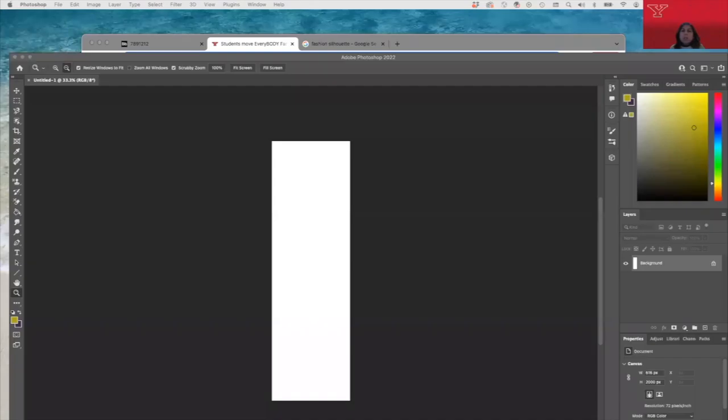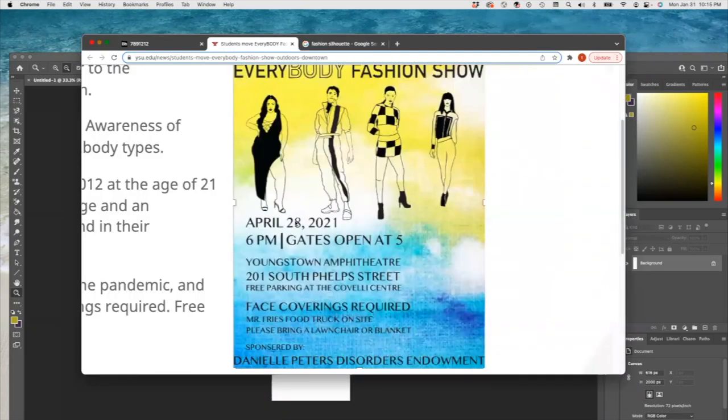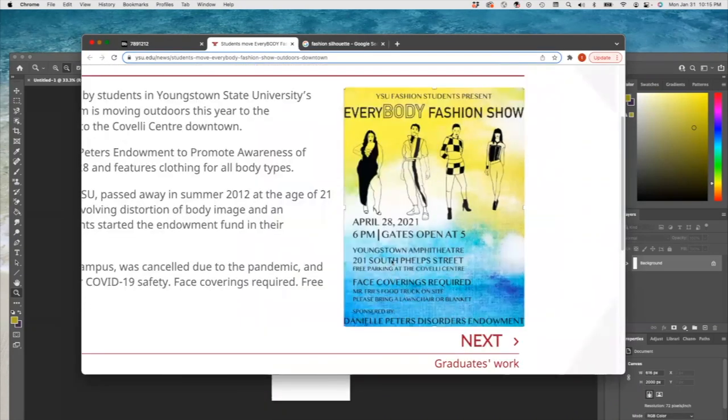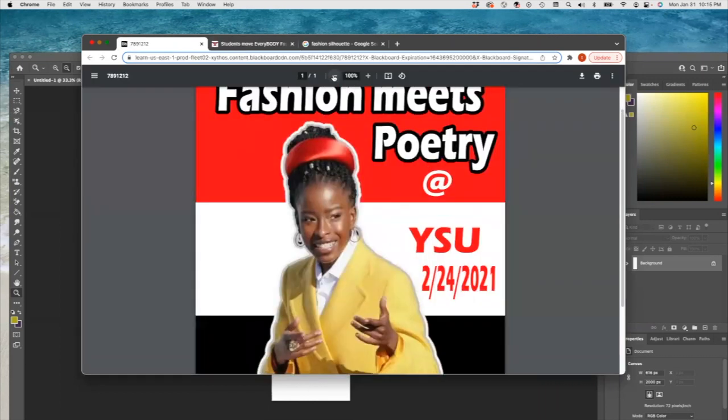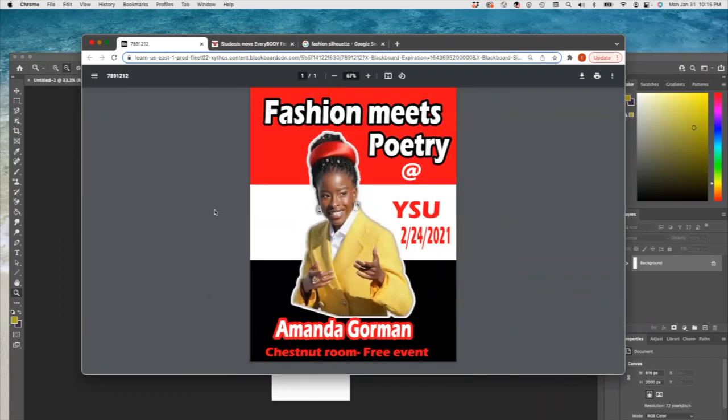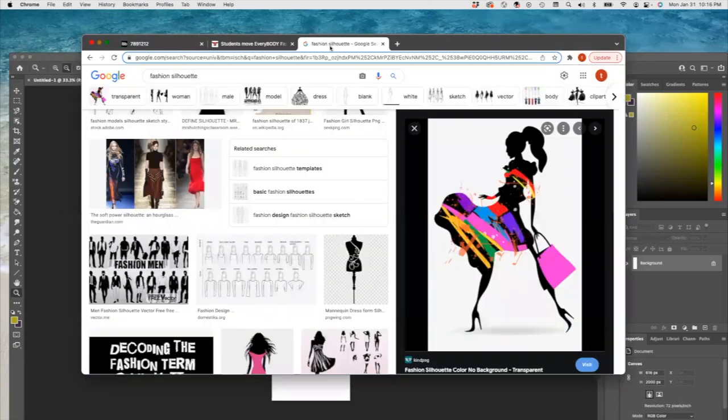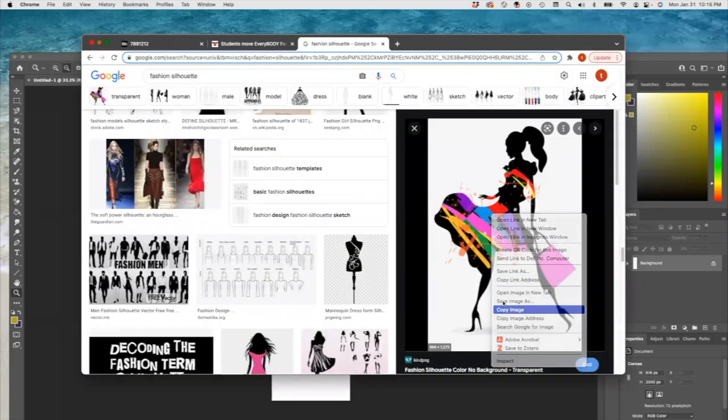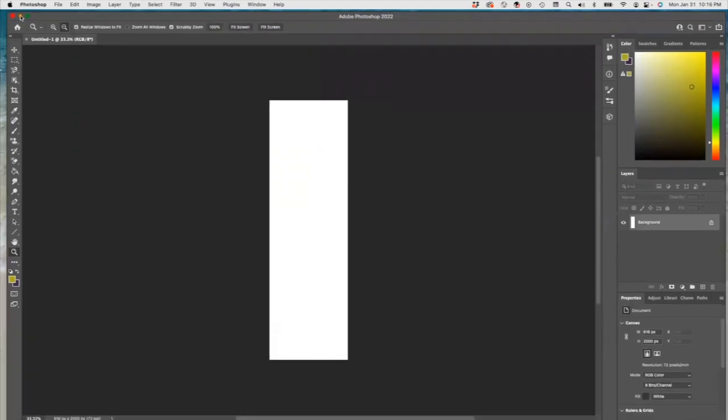I'm going to share my screen and show you a couple examples of some posters that they've done for the Everybody Fashion Show before. Okay, this is a poster somebody did for the 2021 event. This is a poster made for an event that they made up. So you can do that as well. I'm going to try to create something simple for the fashion show, but I don't want to do a very detailed one. I'm going to take this picture and I'll go to Photoshop